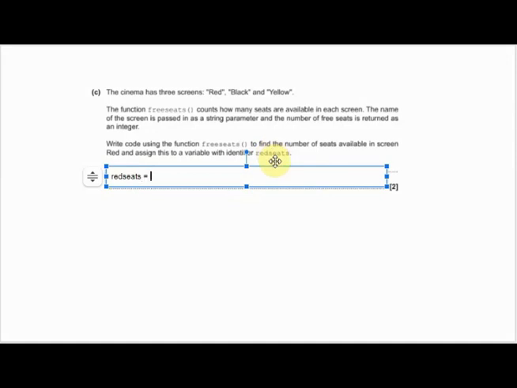Okay, so from our main program, if we're calling it, we need to assign the result of whatever is returned from this free seats function to a variable, and they've actually told us what that variable name is. They've said here assign it to the identifier red seats. Okay, so there's quite a lot going on here, and we've really got to read this through. So what they're asking us to do is just in our main program, but they're not asking us to write anything more in the main program, so don't overcomplicate it. We've got a variable that needs to hold the result of whatever is returned when we send something through to the free seats function. So we're saying red seats equals,